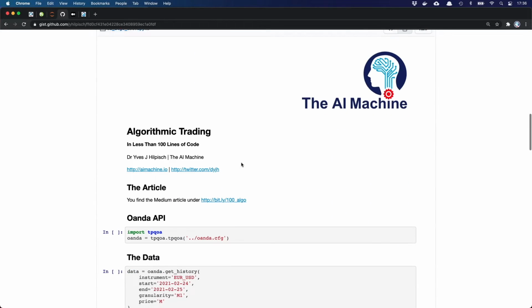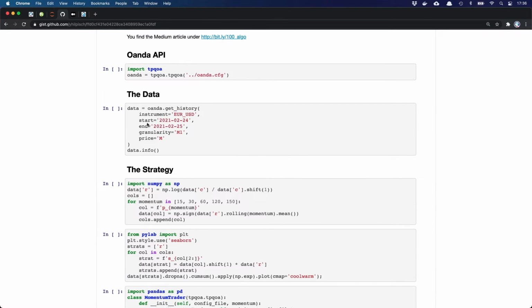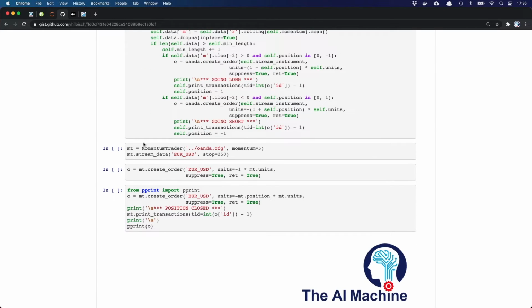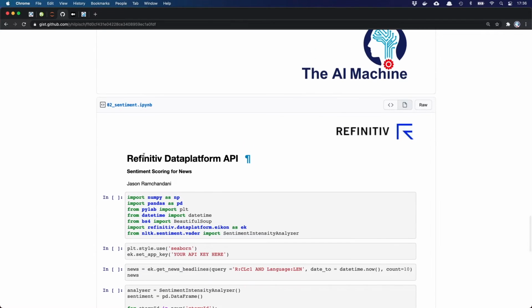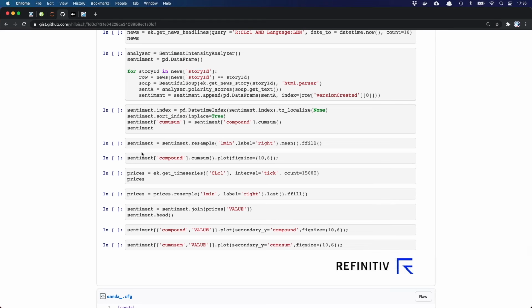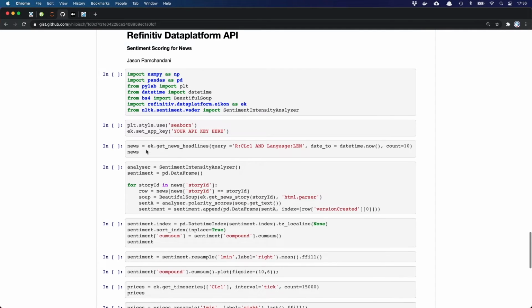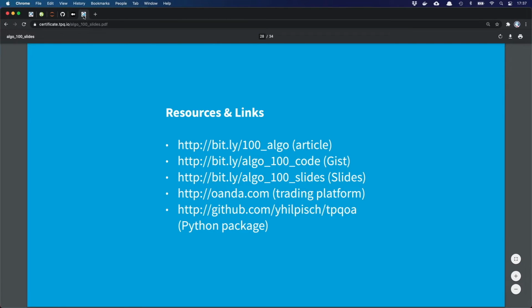Then you have my Jupyter Notebook here, which I'm going to use in a minute, where there is API access, data is retrieved, a little bit of backtesting is done, and already the trading. So it's not that much more. This was the promise and the value proposition. And I have also here the Jupyter Notebook with the code from Jason from before. So maybe some of you have Refinitiv accounts so that you can follow along if you want to do it. Otherwise, you still can have a look at how easy and straightforward this all is. The gist is publicly available, you can access it as well.